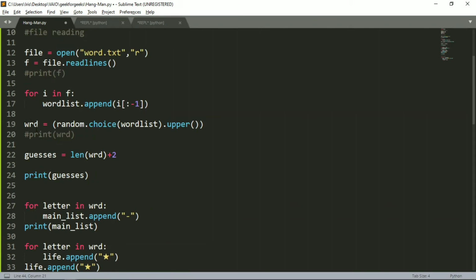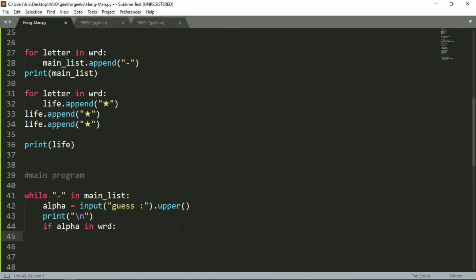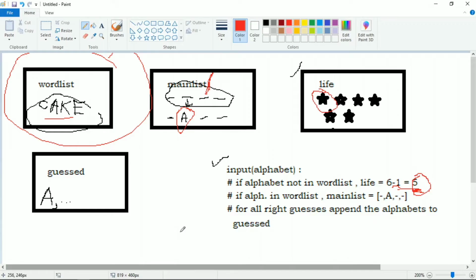If alpha is present in the word, which means I guess it is present in the word. Okay, if alpha is present in word, we will say, and now if alpha is already present in the main list, which means maybe by mistake the user has guessed, let's say now there's a cake. Okay, so the A is present, so the user guesses A, and there's no more A present, but still the user is again and again pressing the A option,